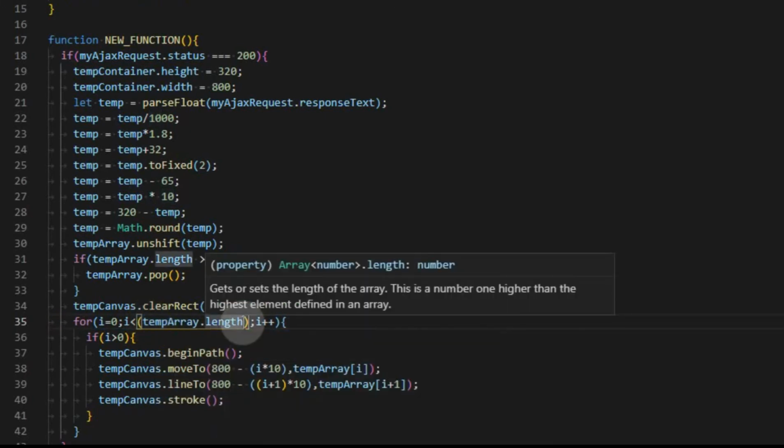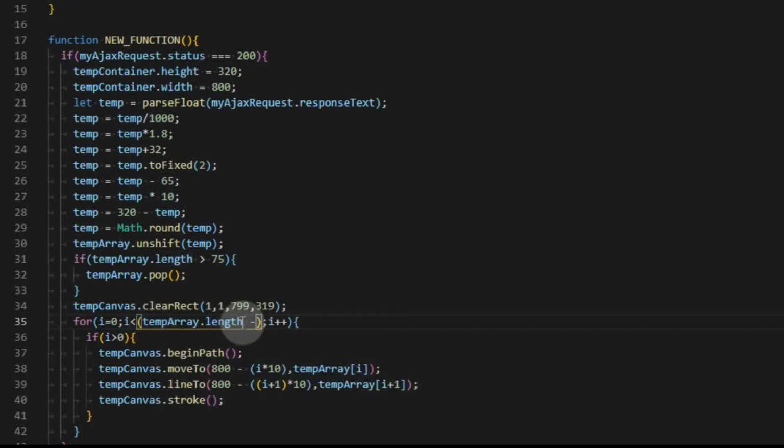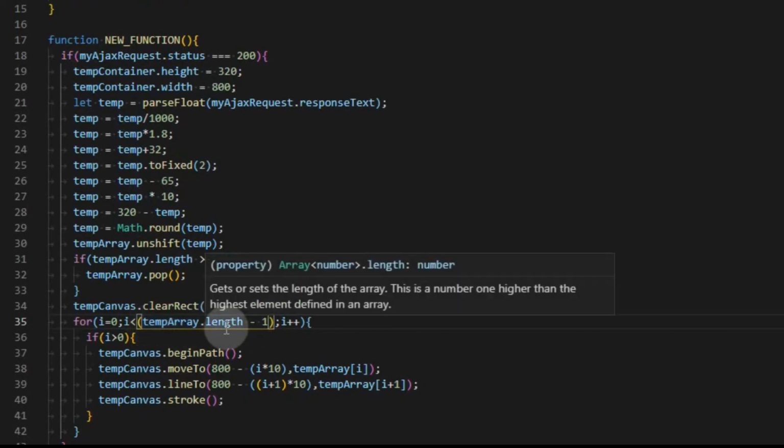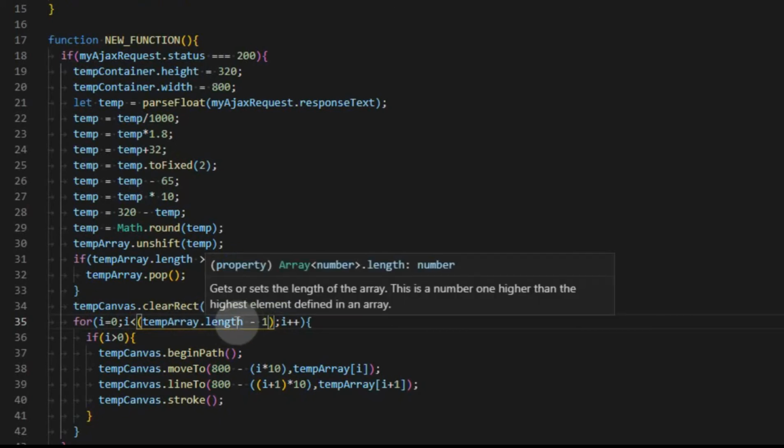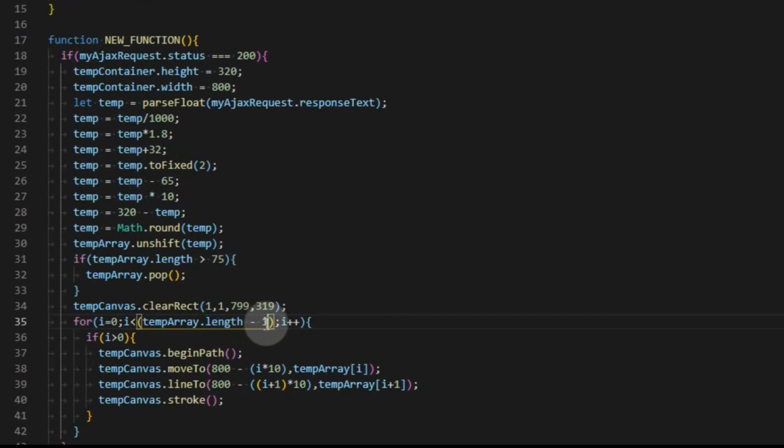But just to be extra careful, we're going to go ahead and subtract 1 from that. That way we know we're even less, because the array length could be 10, but since it starts at 0, we want it to be 9. I just want to make sure that I don't cause an error. This will keep us below the length of the array and even 1 less than that. The only thing that will hurt us is we will lose 1 data point, but 1 data point over 75